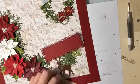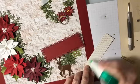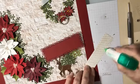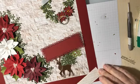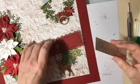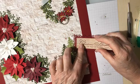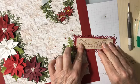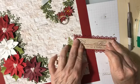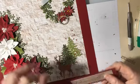Okay, so I'm going to attach my Christmas blessings to you and yours to the center of this. That's a nice thing about green glue. See, I can slide it a little bit. Okay, then what I want to do